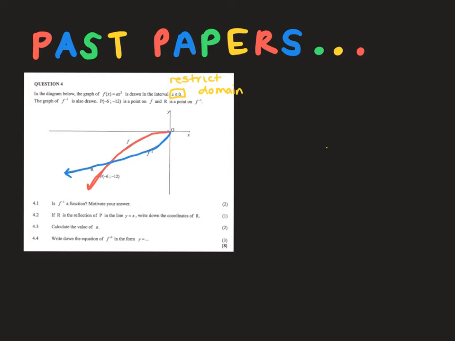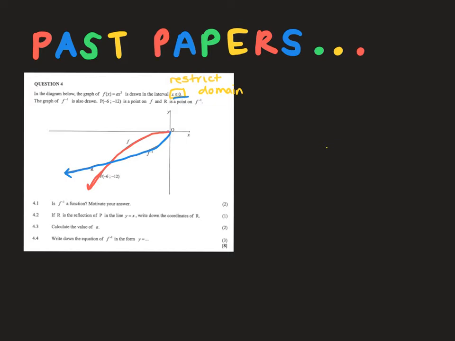Okay, so don't get intimidated by something like that. It's literally just saying your function has been restricted. I'm only looking in this area. I'm only looking along the negative x-axis from the origin. All right, so the graph of its inverse is drawn. We have a point P, and R is a point on the inverse. So first question,